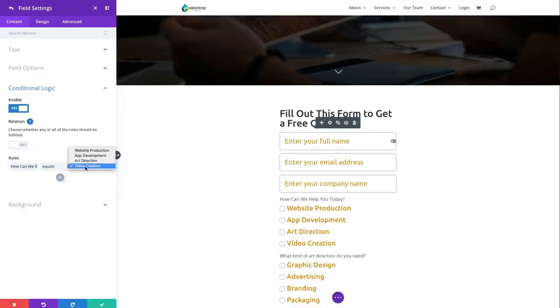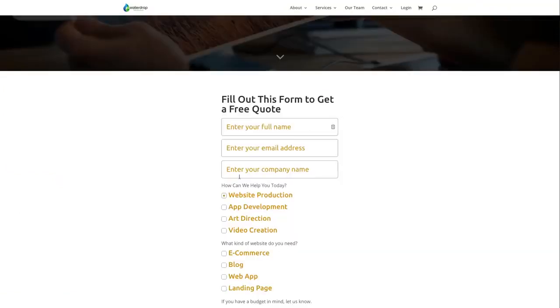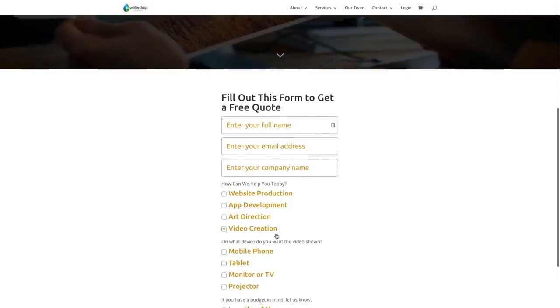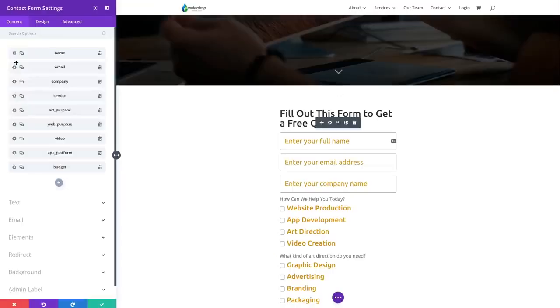And if that is equal to video creation, then I'm going to show this additional question. To see how this one works, I'm going to go ahead and select video creation. You can see that the question below changes to, on what device do you want the video shown, and then I can have my user answer that question as well. Going back,